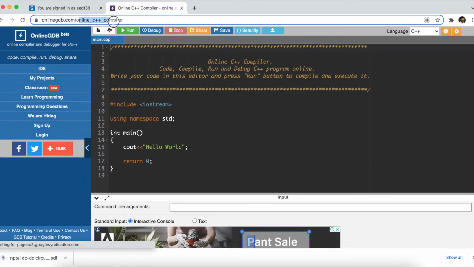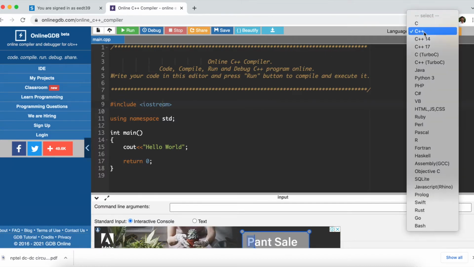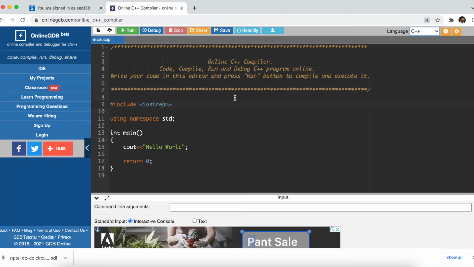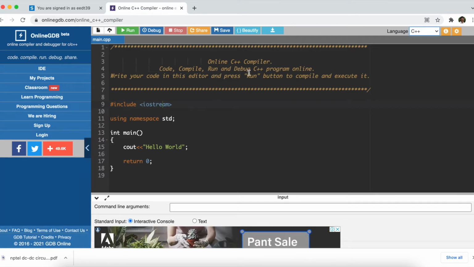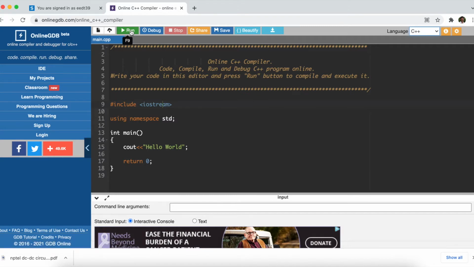Yes, online C++ compiler. This is an online compiler, and the reason we have selected C++ is that you can write a C program in this also. By default they have given a code which will be compiled by this online compiler, and you can run and debug also. So by default we have a default program here, so we'll try to run it. To run it, we'll click it here. You can see the shortcut is F9. So we'll click on this green button, run.